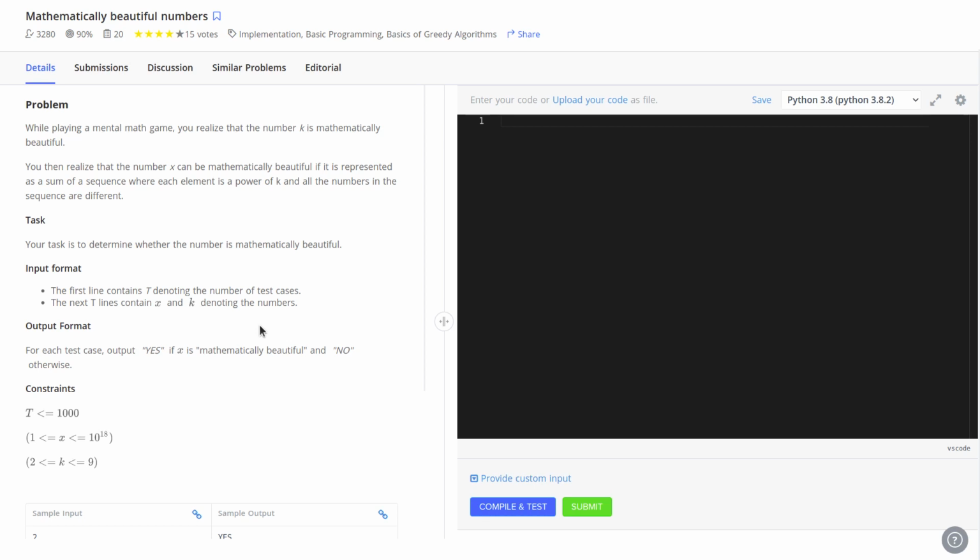Let me explain the solution for this. We will have two solutions. One is the brute force approach, which is actually not optimal; we will not be able to pass all test cases.